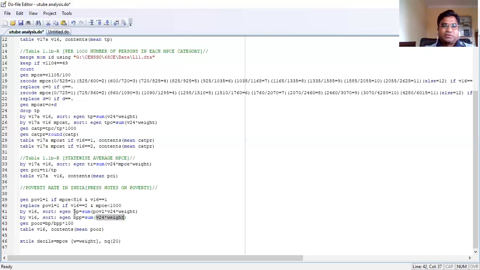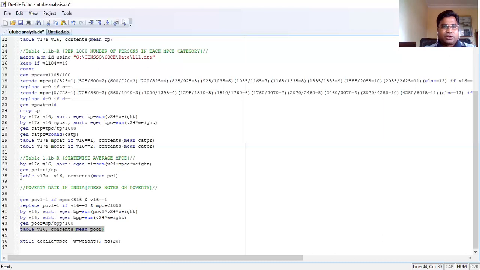And then obviously, if I say bp is the number of poor and bpp is the total population, if I just divide these two numbers and multiply it with 100, that will give me the total percentage of the population who are poor, right? Now since we generated poor, we are in the next command. What are we doing? We are just generating the table to see whether we have done it correctly or not.